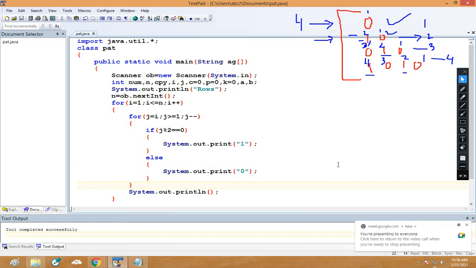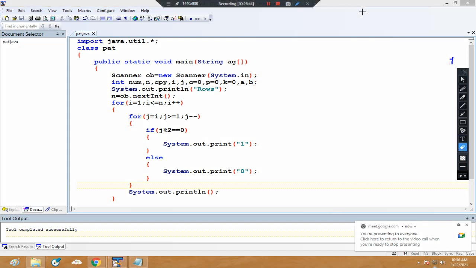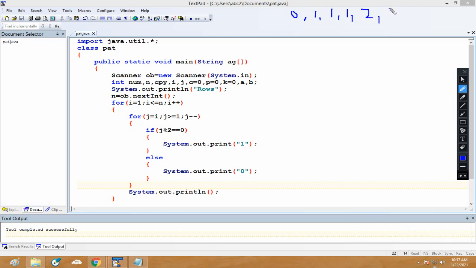Okay, so now let's move to the next question. Riddhi, please pay attention. The question was, we have the series 0, 1, 1, 2, 3, 5, 8, 13 and so on, for n terms. From this given Fibonacci series we were supposed to print all the Fibonacci prime terms.